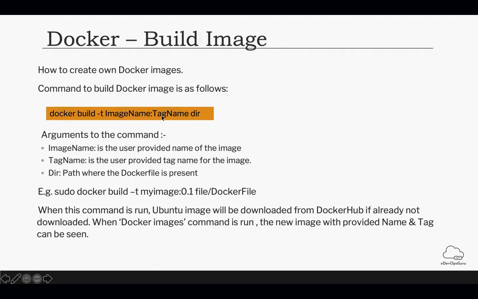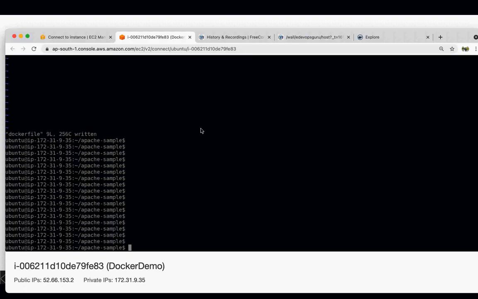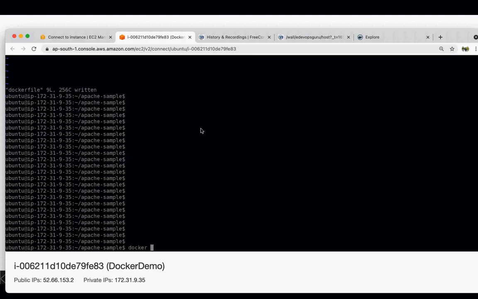If you want, you can also give a tag version, and then the location of your Dockerfile. So if I run it, it would be docker build -t. The -t is the tag or name for your Docker image. So let's say apacheserver:v1. Then you have to provide the path of your Dockerfile. Since the Dockerfile is in this folder, I can just provide a dot.